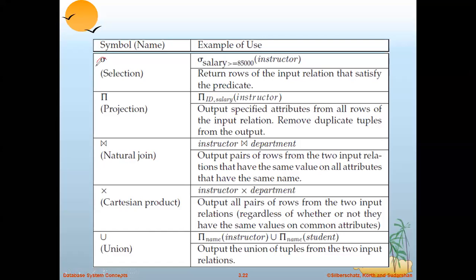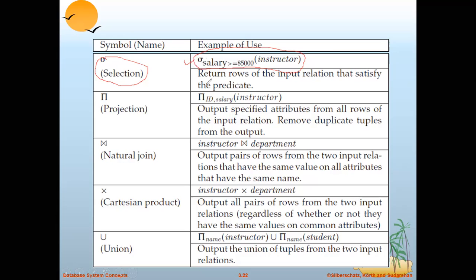We have seen the rho symbol as a selection operation symbol for relational algebra. Suppose I want all those records of a particular relation which satisfy a condition. The query in relational algebra format will be rho salary greater than or equal to 85,000 in brackets instructor.